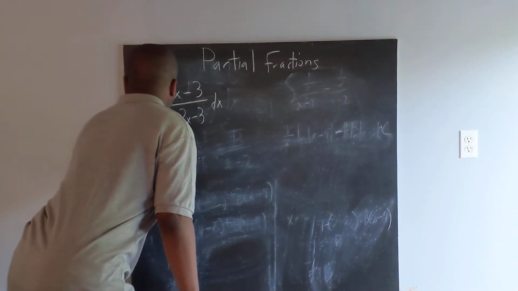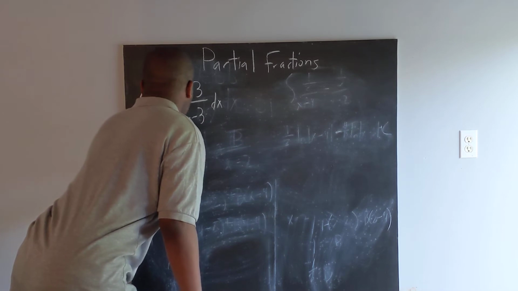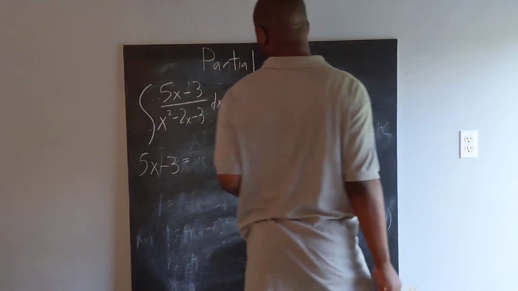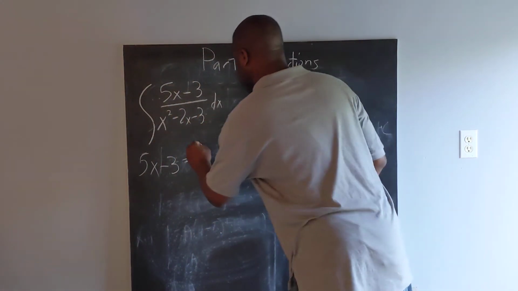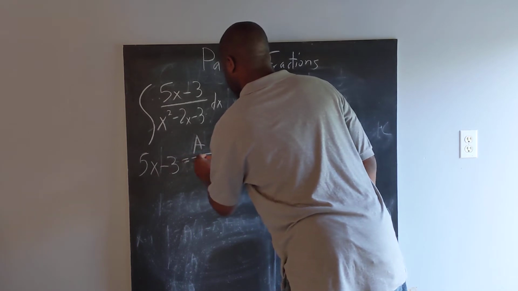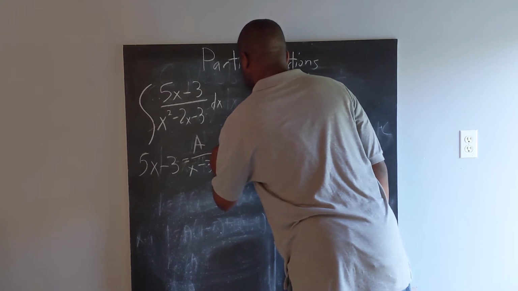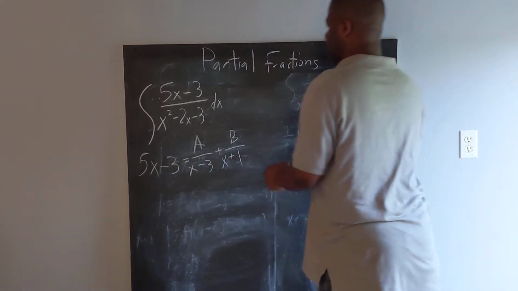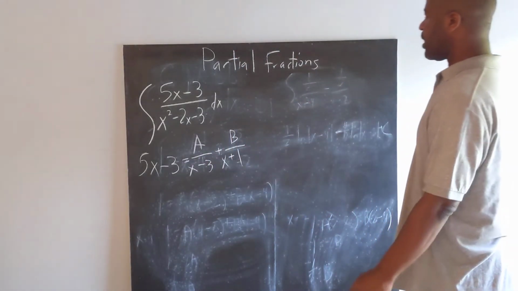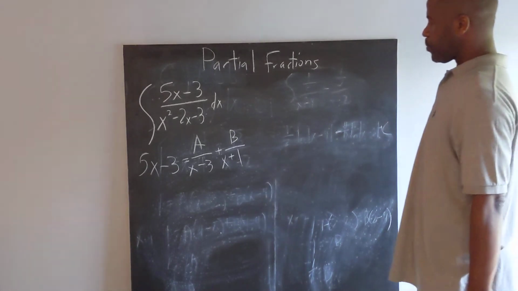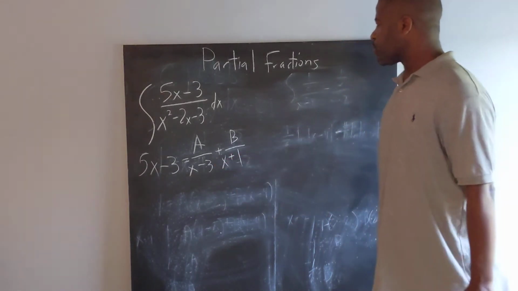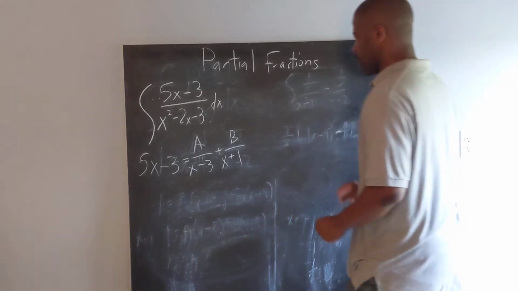All right, so here, just think we need to factor this denominator. That's going to be x minus 3 and x plus 1. Remember, we need to factor the denominator here. Now, we need to cross multiply in this case again. So we have